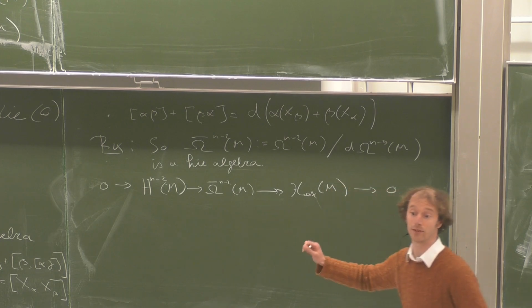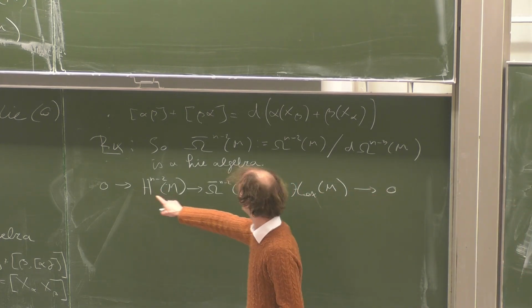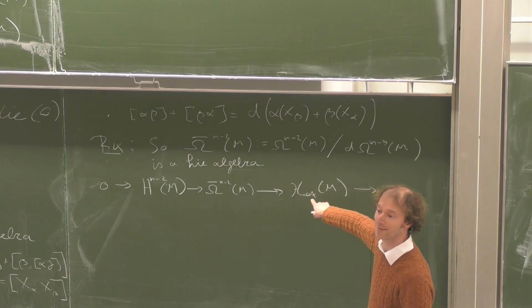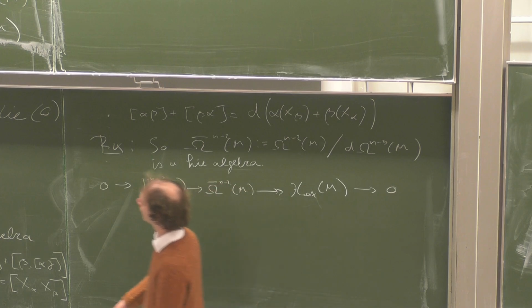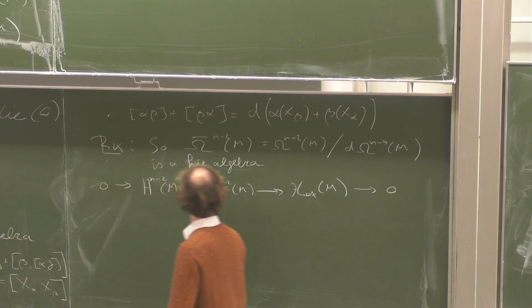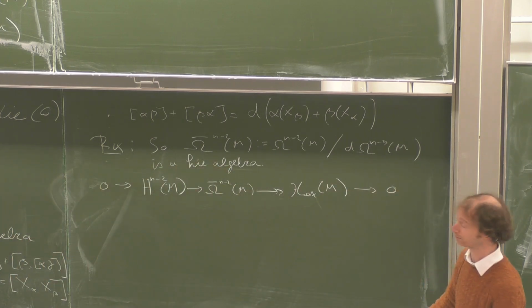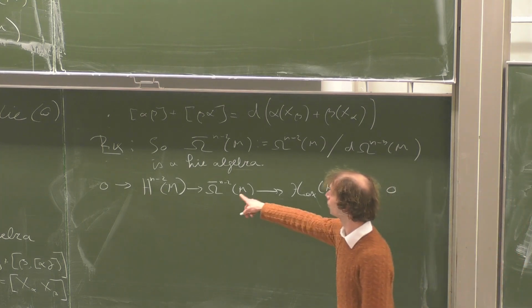This is actually a central extension. So the reason is that if you're in there, then you get mapped to 0. And this Lie bracket was defined by taking the Lie derivative along X_alpha. Right? So this is a central extension. And it's a central extension of Fréchet Lie algebras because the kernel of this map is